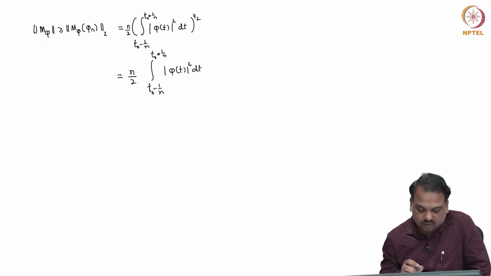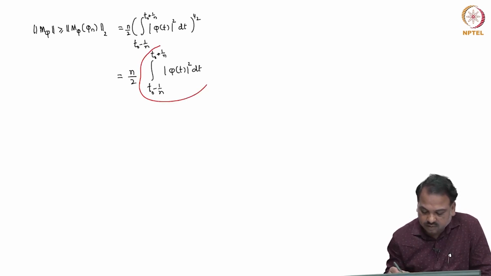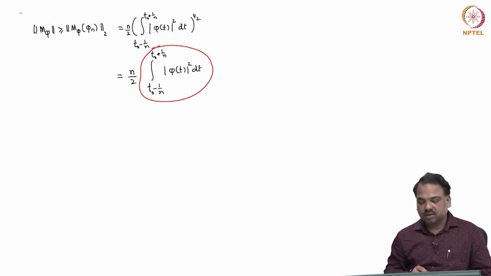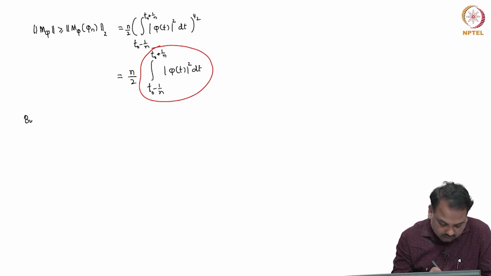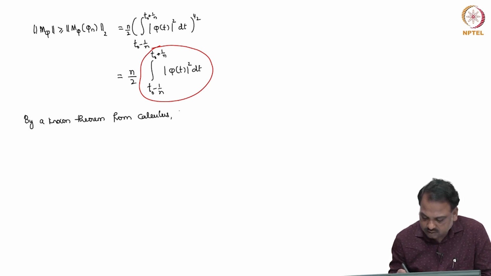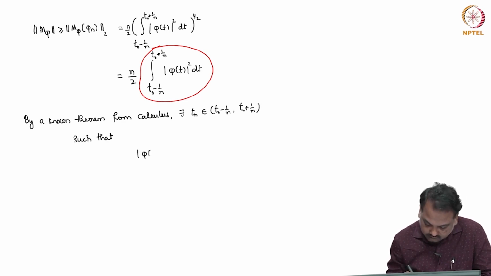Okay, now we want to find out the value of this. We know that mod phi of t is a continuous positive function. So by a known theorem from calculus, there exists Tn in the interval t naught minus 1 by n, t naught plus 1 by n, such that mod of phi of Tn squared